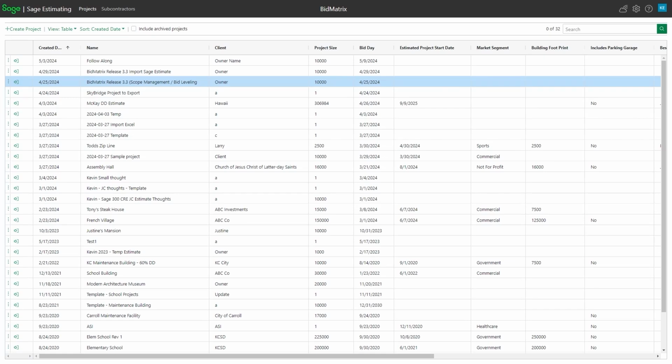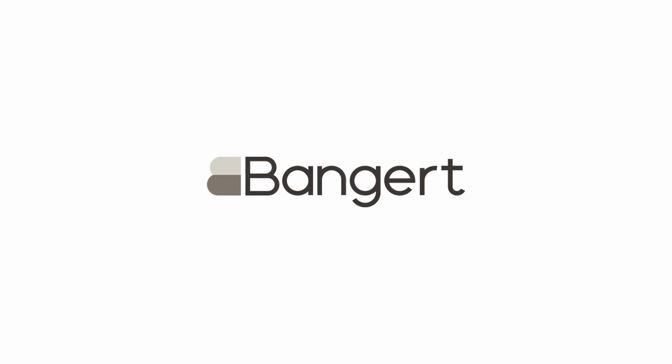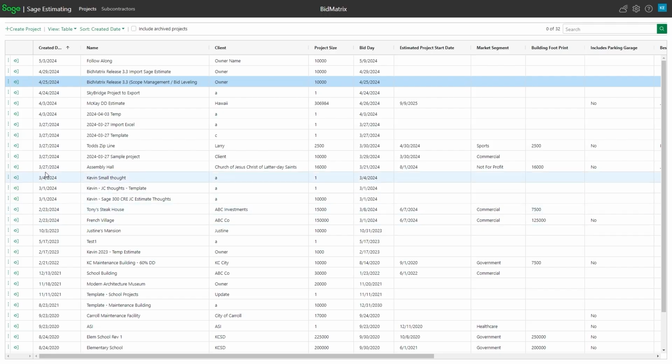In this session, we're going to talk about importing an Excel spreadsheet into BidMetrics. To get started, I want to talk about just a couple key things to keep in mind as far as terminology goes. If I take a look at another project I've already got going on here, you'll see that they've